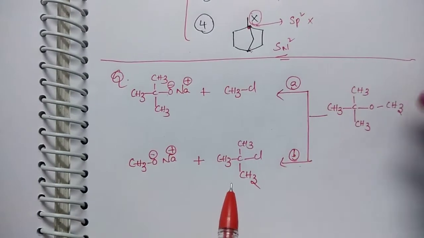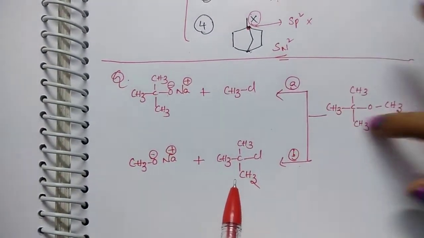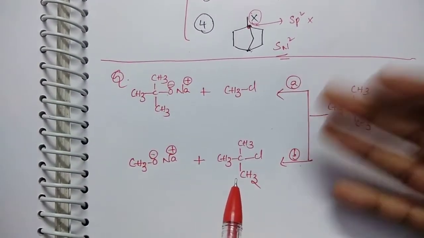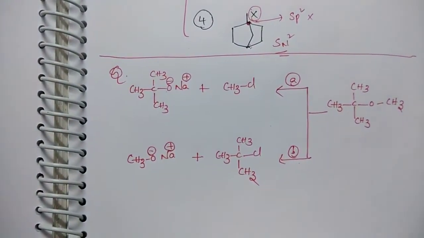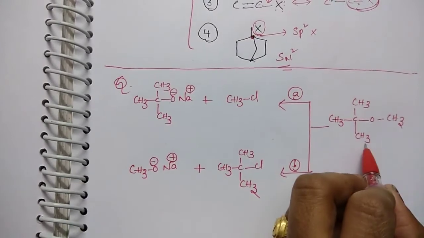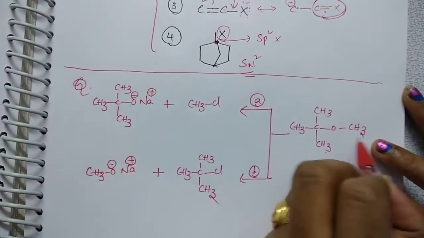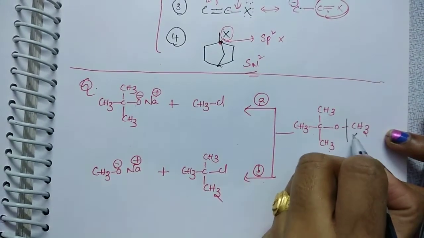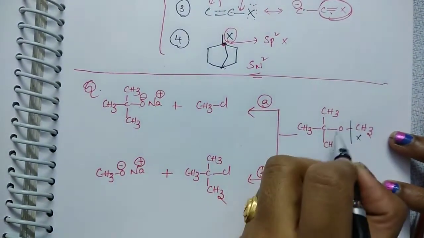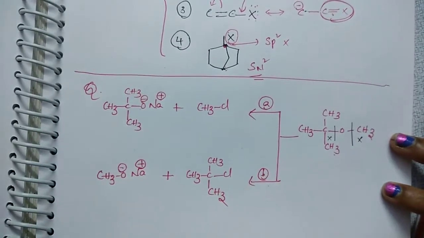In your exam, they give you this type of question, and they give four options. You should find which option is correct, right? Now see, follow our trick. If you want to prepare this ether, then what you do is just identify which part may be the alkyl halide part, or it may be the other alkyl halide part.